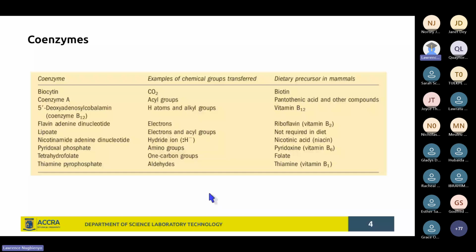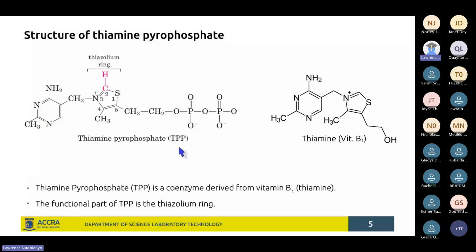So we take the first one, which is thiamine pyrophosphate. But even before then, I want to draw your attention to the fact that a lot of these enzymes, or what we are referring to as coenzymes, are different vitamin Bs that are acting in their active forms as coenzymes. And I don't know if I mentioned it to you the last time that many of these vitamin Bs,